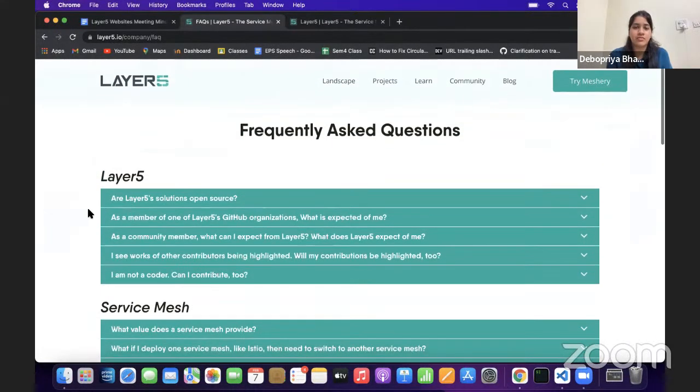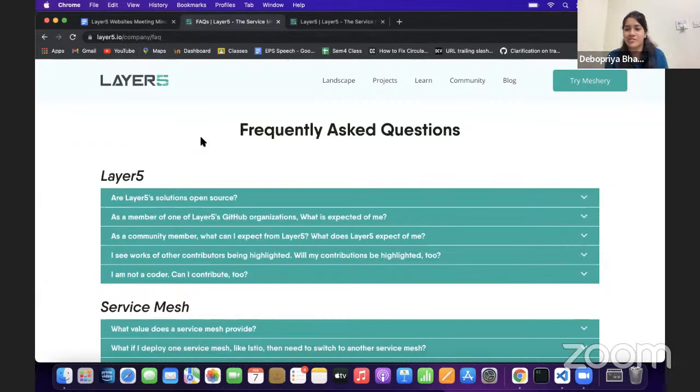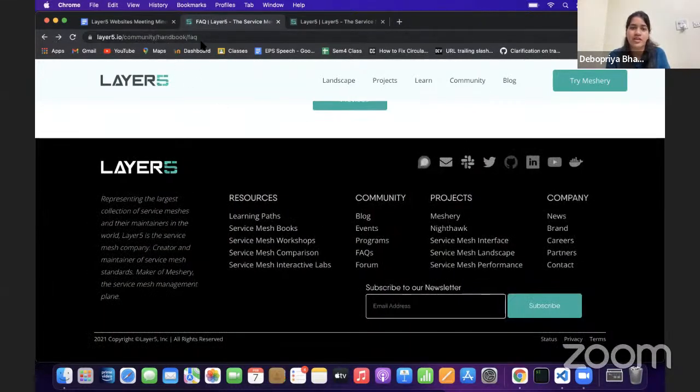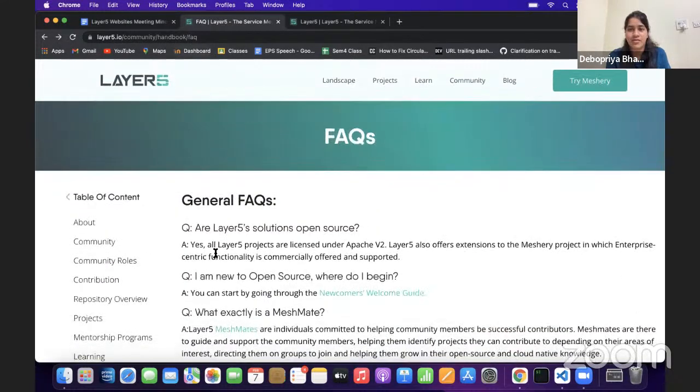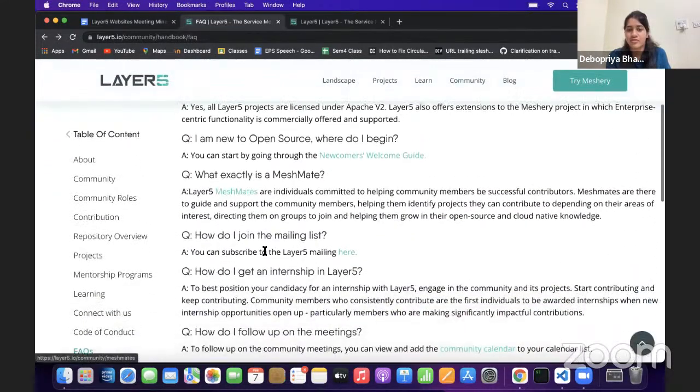But again, what I was thinking is this is one FAQ at a different URL, and we know it's different from the community handbook ones, but it might not be that clear for everyone else, because the community handbook one has the same endpoint, FAQs, and the difference is not very clear.